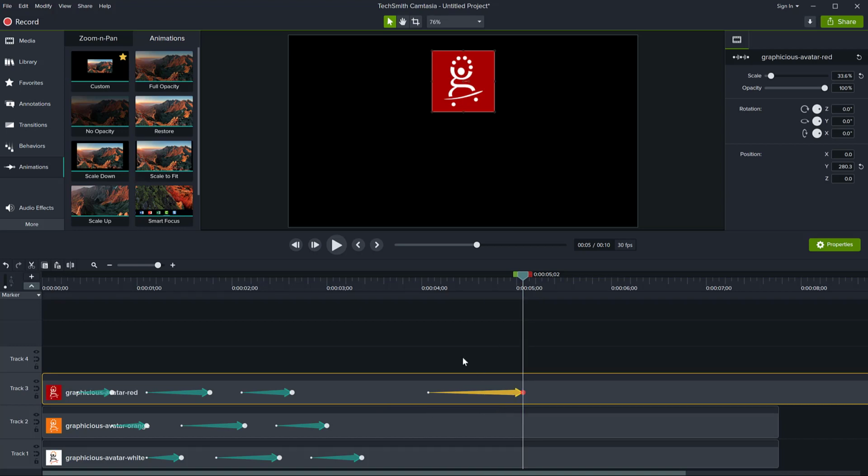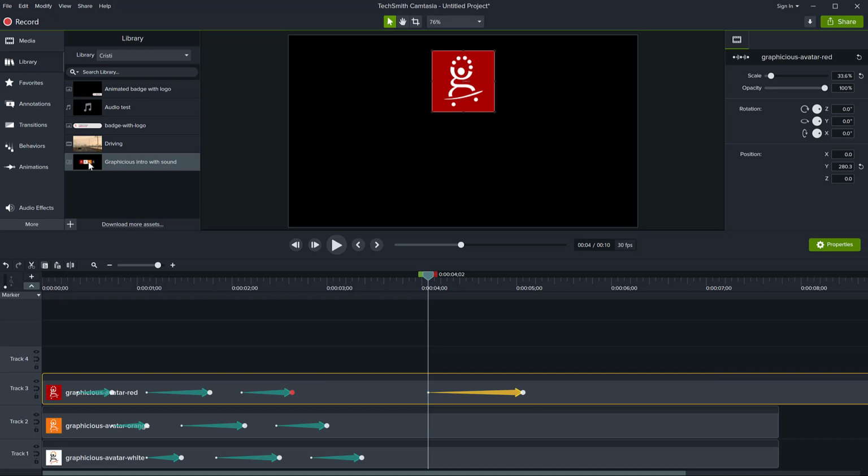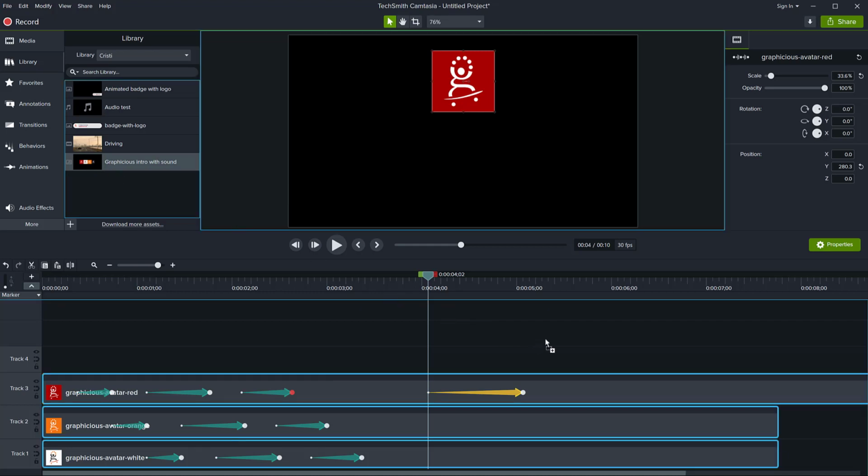So this has been an overview of animation in Camtasia. Remember that they work with a starting point and an ending point, and then you move your object in all of the points. You move to the place, you move the object, and then it moves from one point to another. And you can vary the duration, vary the distance, you can vary the easing, and so on, to achieve many effects like this. I actually added this clip to my library with sound. So let me put it again and play it.